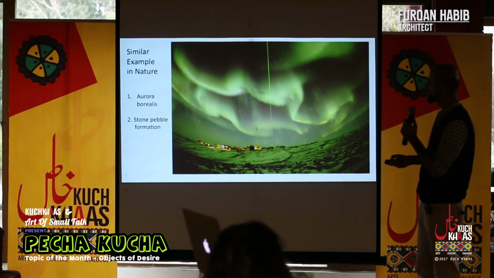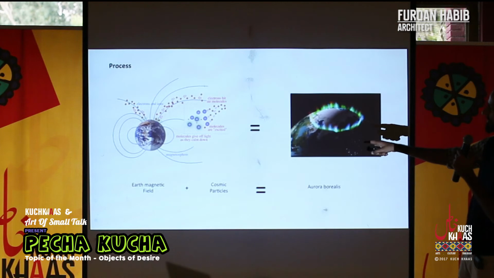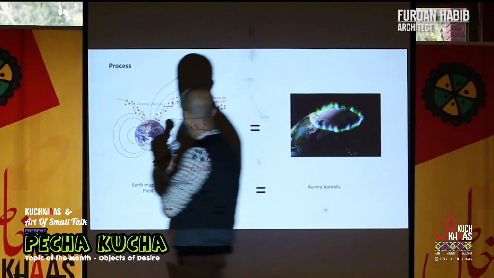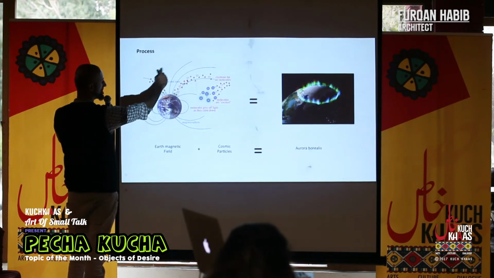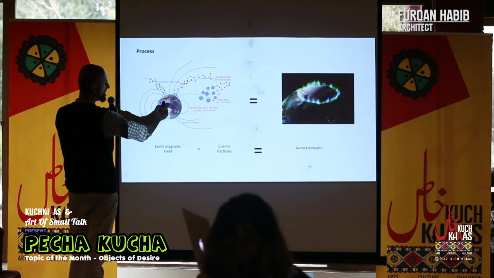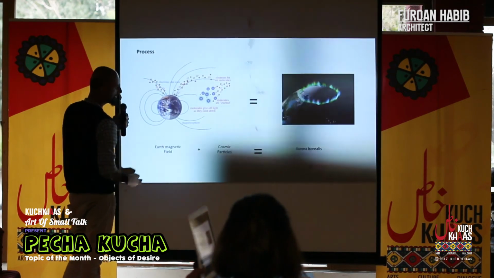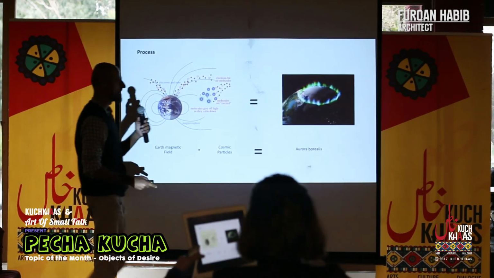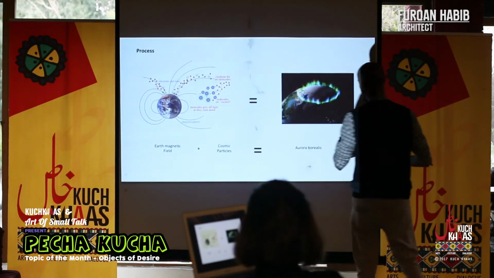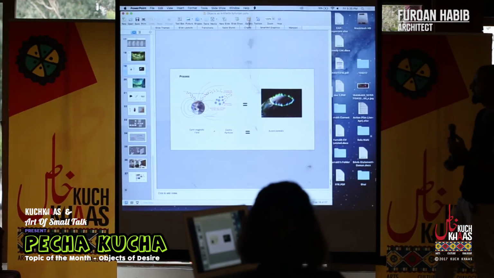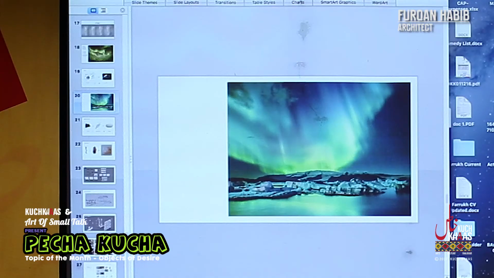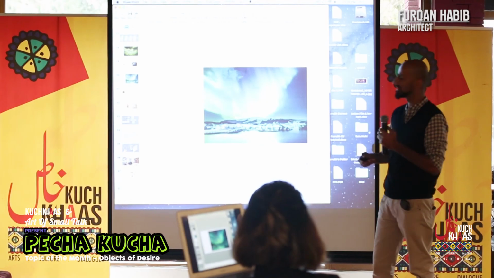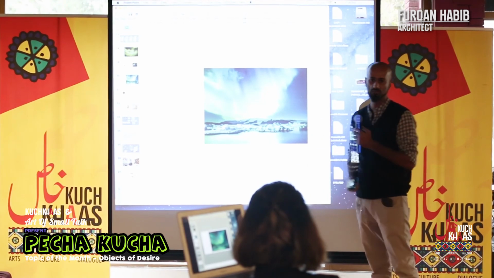What is basically happening over here is that you have Earth's magnetic field, and you have one loop going this way, the other loop goes the other way, and then you have a gap over here, and through that gap, cosmic particles enter the Earth's atmosphere. As those cosmic particles enter the Earth's atmosphere, they disintegrate and lose their energy, and you have this visualization of Aurora Borealis. So one way of seeing Aurora Borealis is as a visualization of cosmic particles entering the Earth's atmosphere. Their magnitude and their sizes give you this certain kind of result of what you would see over there.